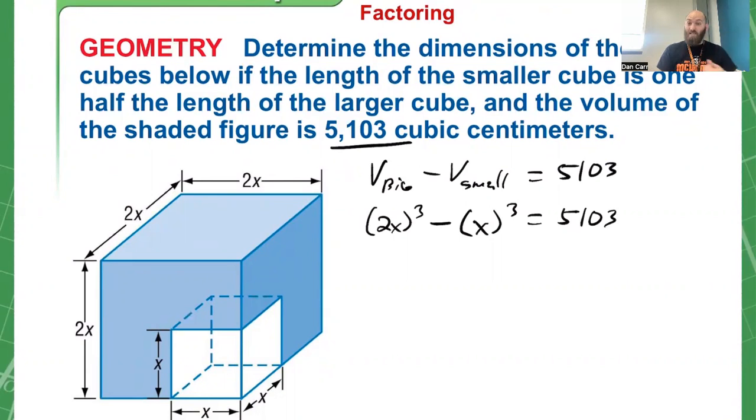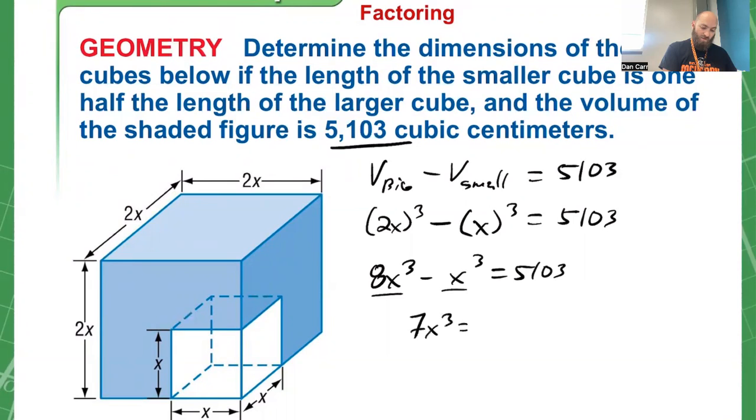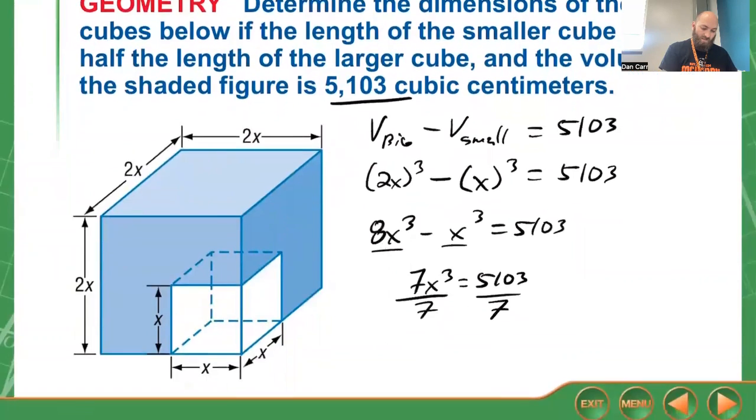I'm going to take care of my exponent properties and simplify a little bit. Remember, it's 2x to the third, so that's 2x times 2x times 2x, which gives me 8x to the third minus x to the third is equal to 5,103. Now I can combine 8x to the third minus 1x to the third. That gives me 7x to the third equals 5,103. Divide by 7 on both sides. So x to the third is equal to, double checking with my calculator,